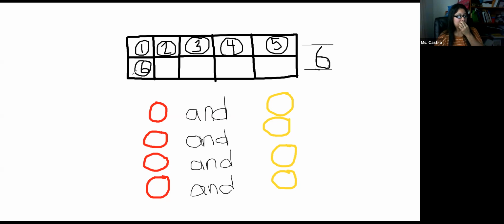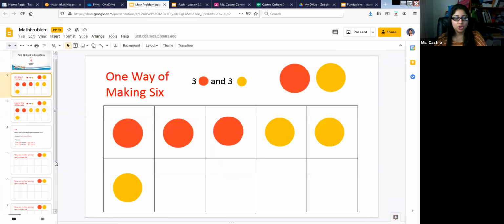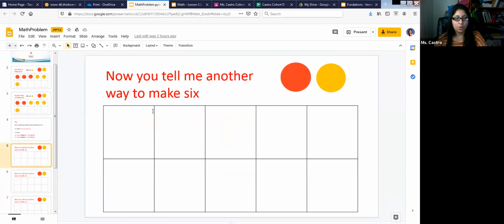Okay. So now, boys and girls, they want us to form the number 6 using red and yellow. So I'm going to show you a different Google slide. Okay. So what we're going to do is we're going to form the number 6 using yellow and red counters. So first they want red. So this is what I'm going to show you. For red, you're going to,